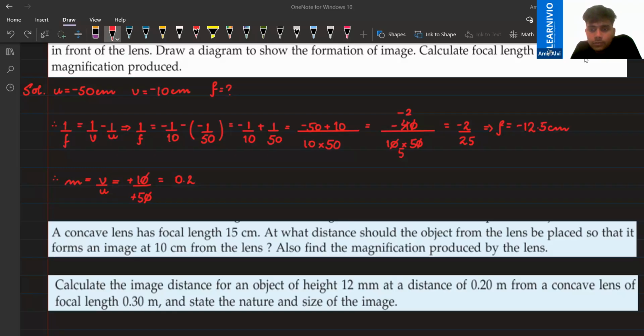Just a second. u is minus 15 and image is minus 10, so positive 10, minus 30, and then v would be... u would be equal to minus 30. Please check your answer. Okay, I'm giving the answer. It would be